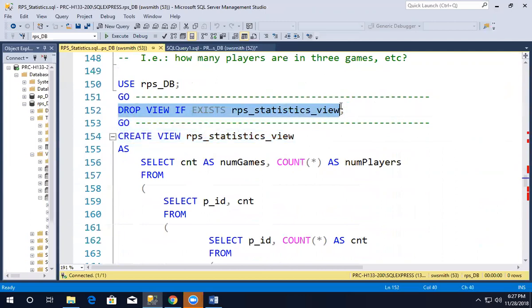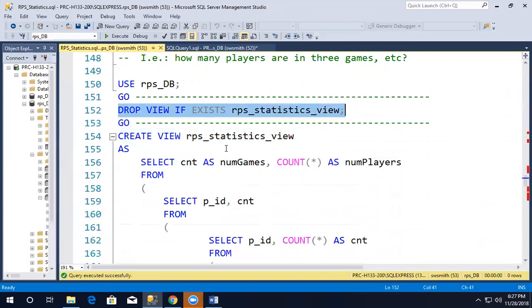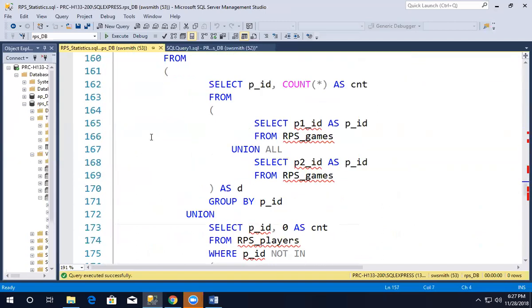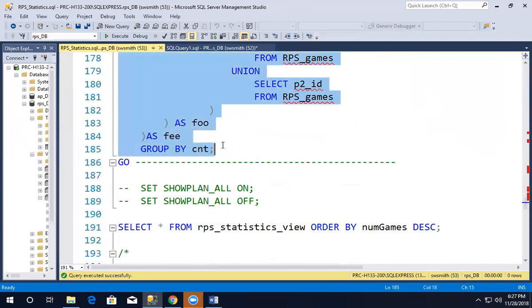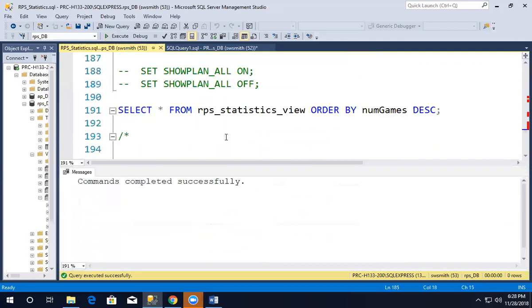This is the code that creates the view. I give you the code to create the view. You did it last time, right? You're going to do this without the view. What happens with a view? A view executes each time. When I create it, now the view is created. Every time I do this,